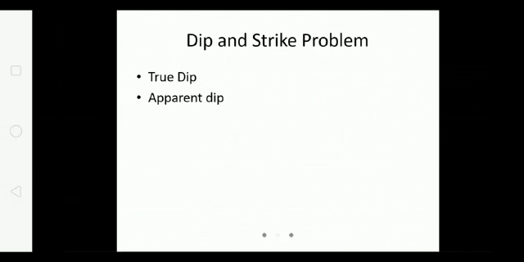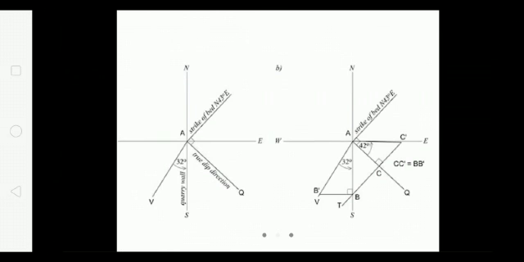So here we have to understand a few more new terminologies, like true dip and apparent dip. When you say true dip, it has a true dip angle or amount and true dip direction. When you say apparent dip also, it has apparent dip amount or apparent dip angle, and apparent dip direction. So what is the difference between a true dip and apparent dip? See, here you can see we have drawn west and east direction line as well as north and south directions. The previous case was quite different.